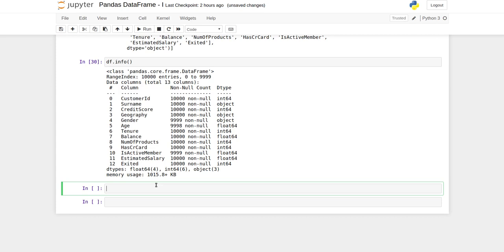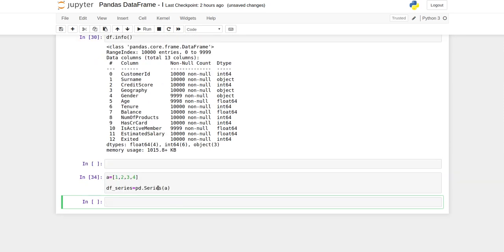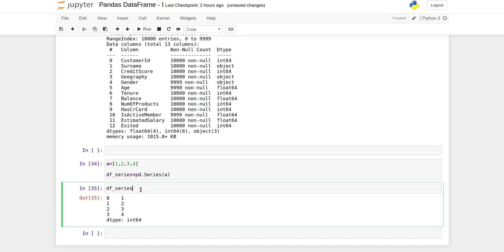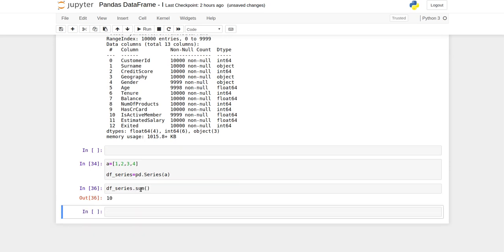All right, so next I'm going to cover the difference between shared methods. Suppose we have a sum method in a pandas series, and the sum method is also present in a pandas data frame. Let me show you what will be the difference in these two if I use the same methods. Suppose I first make a series from the list 1, 2, 3, 4. Okay, so now I have created the series. So this is my series. If I use a dot sum function here, it shows me the sum of the numbers.